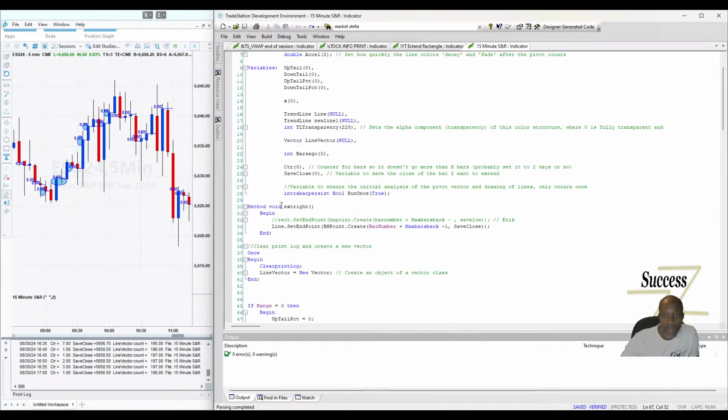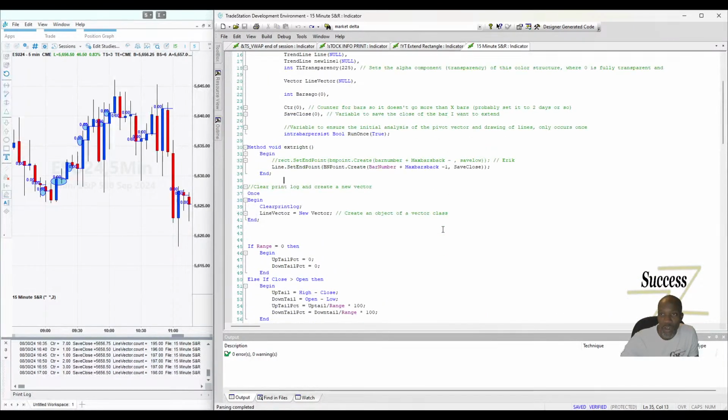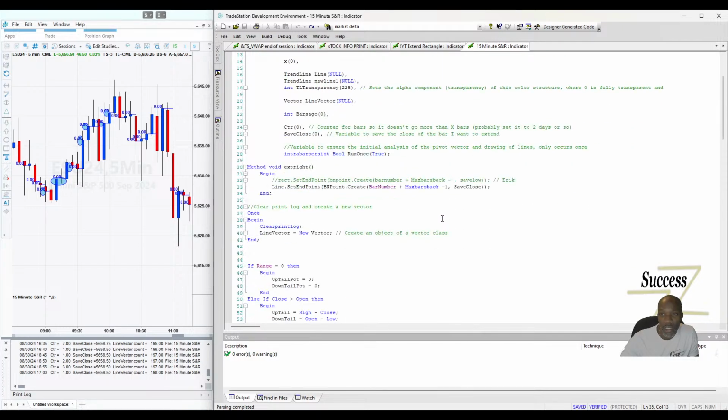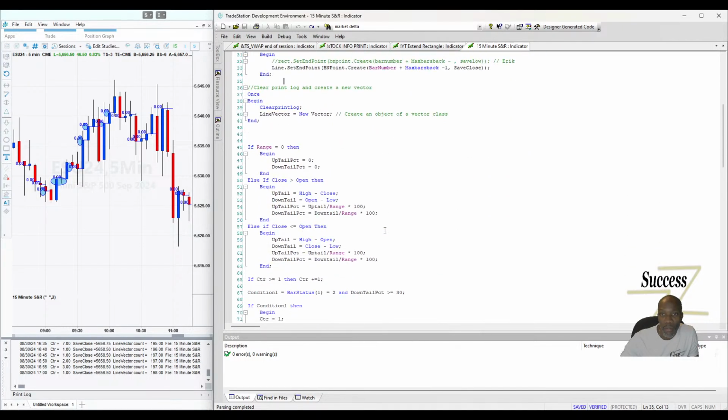Now up here, the method void, the extend right, he's got the right idea about taking the line, and this is an object, line, extend, set the endpoint. We want to use the bar number plus max bars back minus 1. And so this is essentially going to give us the current bar that we're on. And so that's fine. Save close though, unless save close keeps adjusting. Where are we at? Unless save close gets updated, this save close would likely be